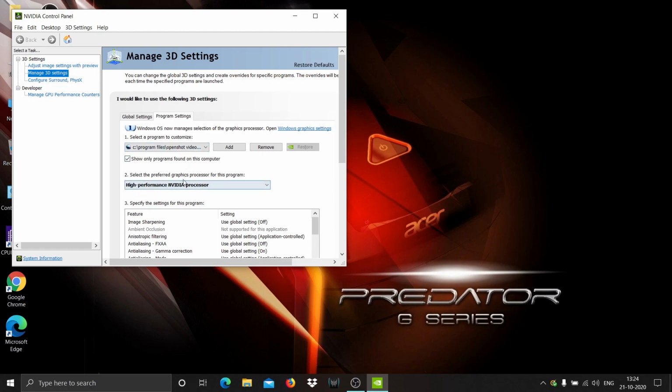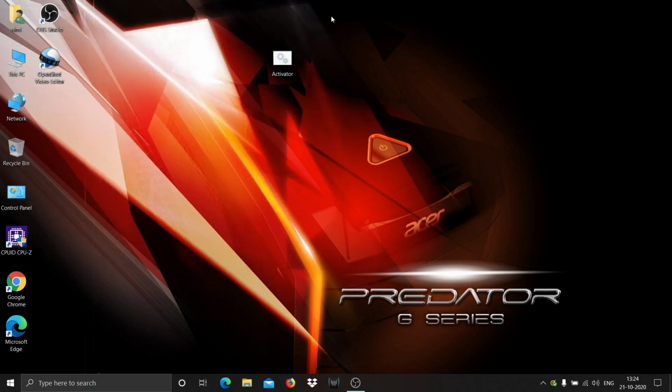So this will always open with the NVIDIA RTX 2060 high performance processor, but it will draw a large amount of battery current. In this way you can choose which graphics card you need to run any software. So it is very easy.